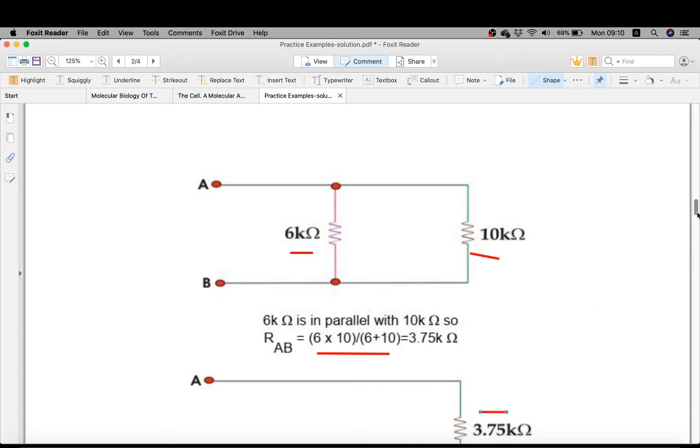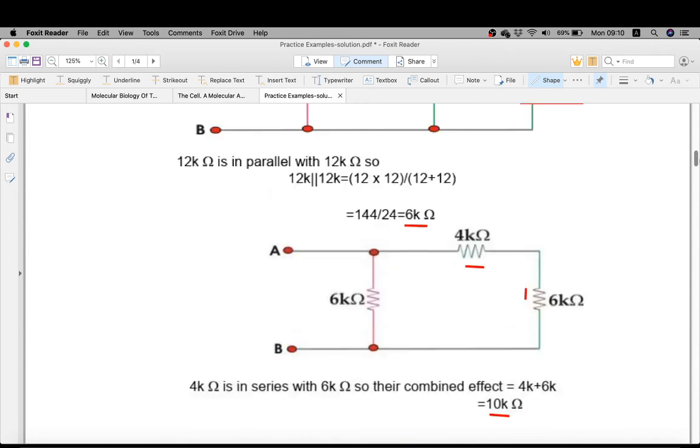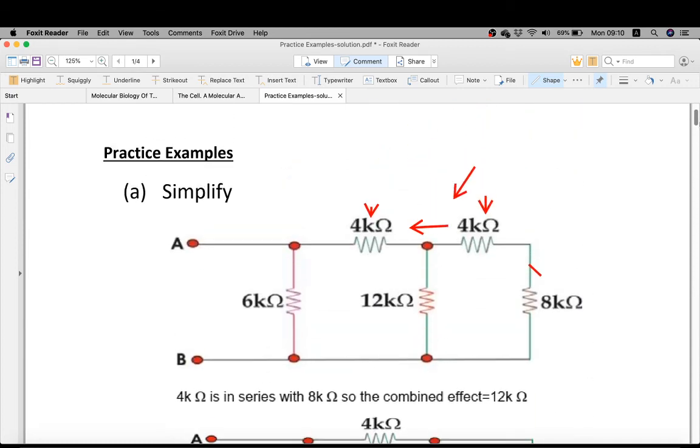So in this circuit we see that if you get a complicated circuit like this, where we have a number of resistors, we can solve them one by one. You can start from the right side, but the right side is better. Take two resistors and solve the circuit. Such examples will come in your exams also, and you have to practice such examples from the internet, from your book, from your notes, from everywhere. You have to take care of such examples.